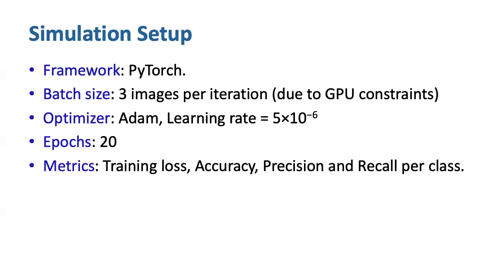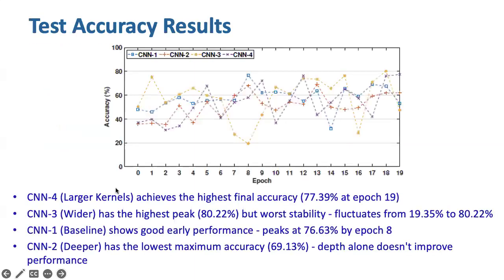Then we know that every image is 256 by 256 pixels, and we have 38 channels. So we are using 3 images per iteration. And we are using training loss, accuracy, precision, and recall per class for our evaluation. And we use 20 epochs for training and testing. In every epoch, we also calculate our test performance. And we found out the CNN4 achieved the best performance, 77.4%,